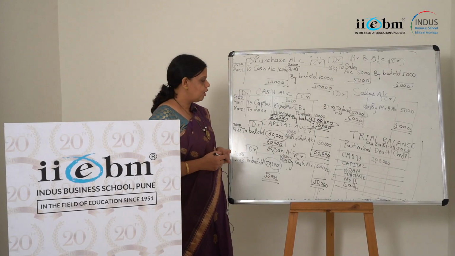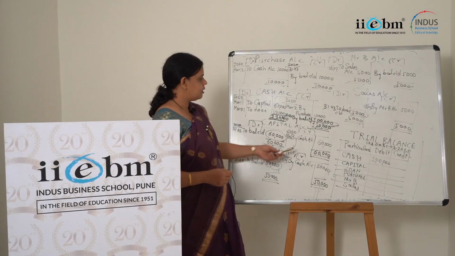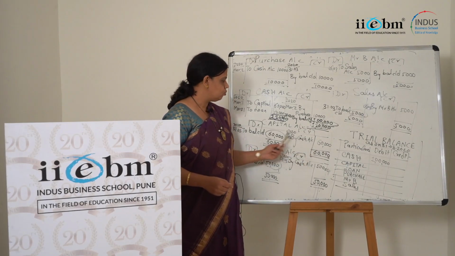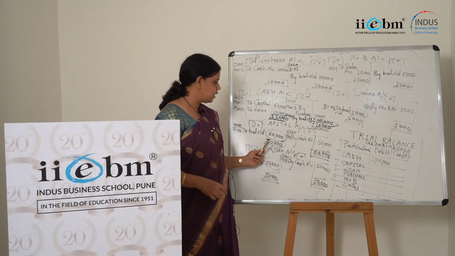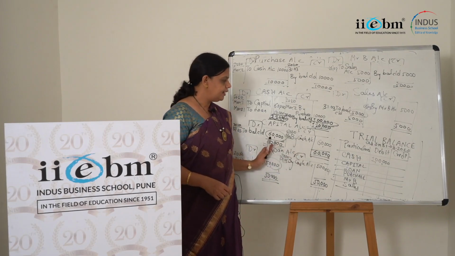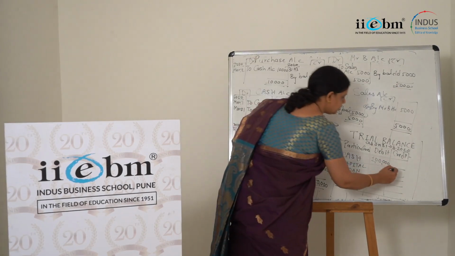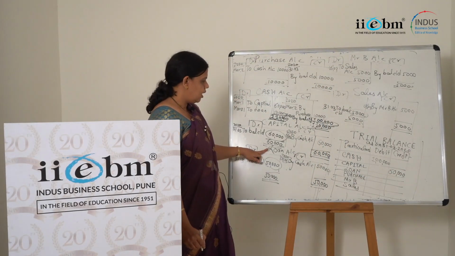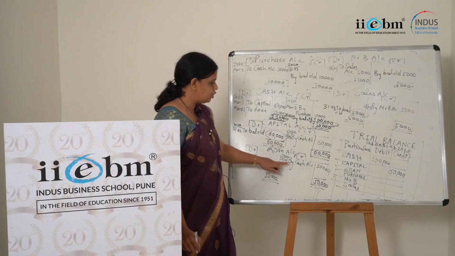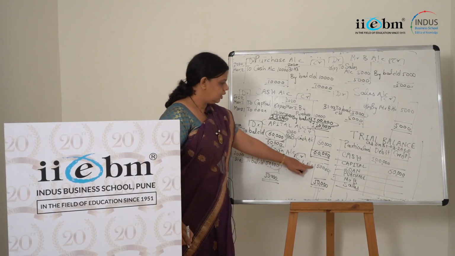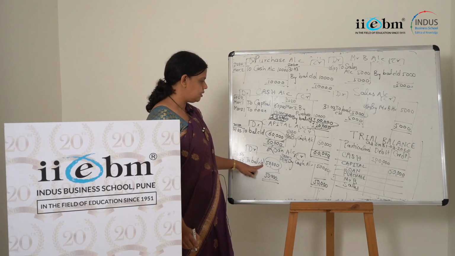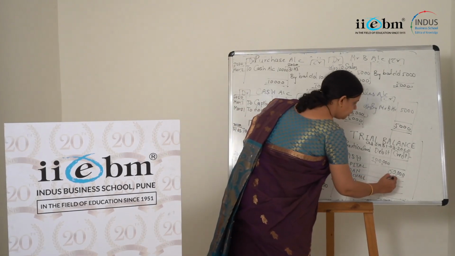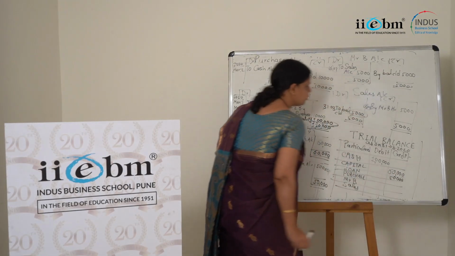Capital. Now refer to the capital account. Capital account, which side total is more? 60,000 total is more, that is why you are writing down 60,000 as it is on the opposite side and tallying the amount. So 60,000 I'll write down in the credit column, right? Loan account, again which column is more? Credit side total is more, that is why balancing figure you are writing down on the opposite side. So loan, here you will write down 50,000.